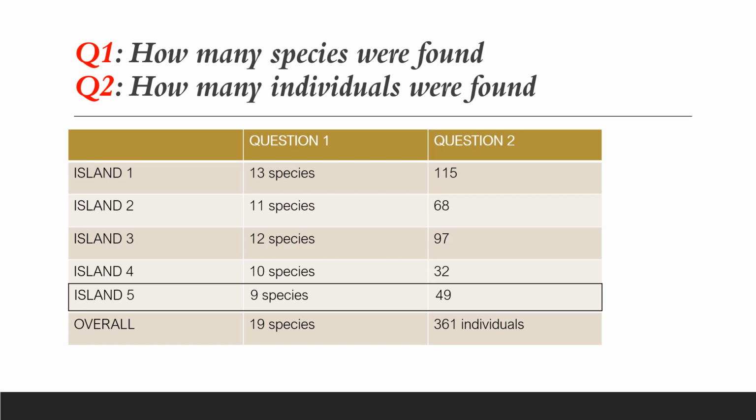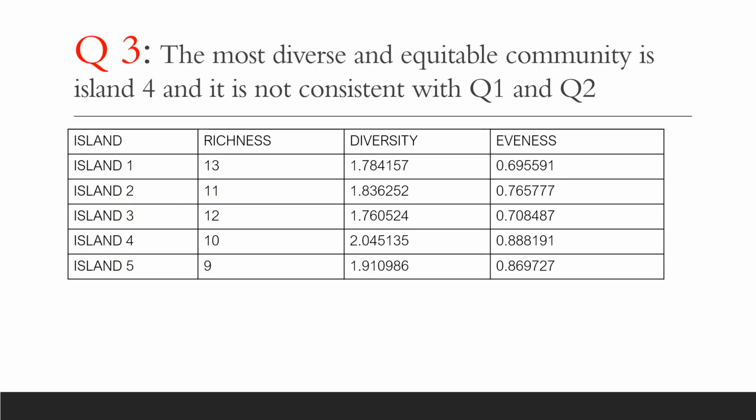And then in question 2, the individuals found in each species are: Island 1, 115 individuals; Island 2, 68 individuals; Island 3, 97; Island 4, 32; and Island 5, 49, having a total of 361 individuals found in this species, which is called bat. Using R Studio, I had to get the estimate of the richness, the diversity, and the evenness